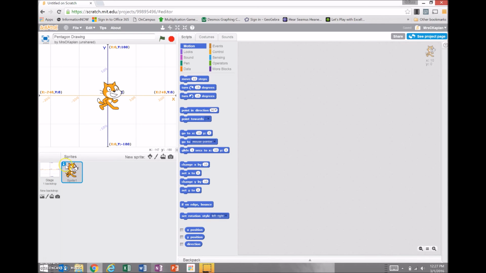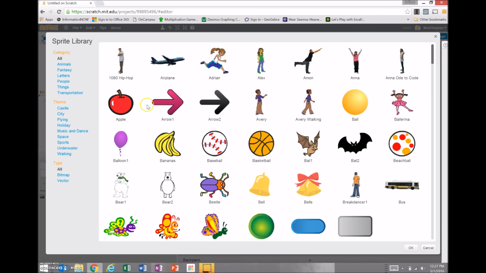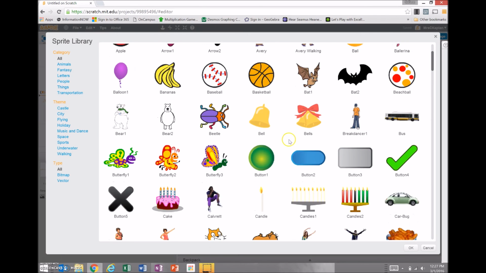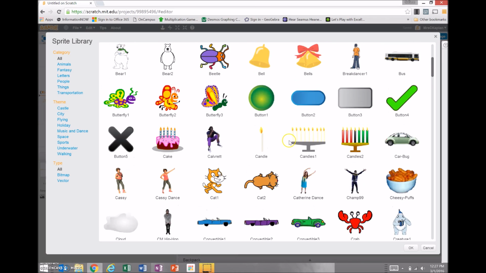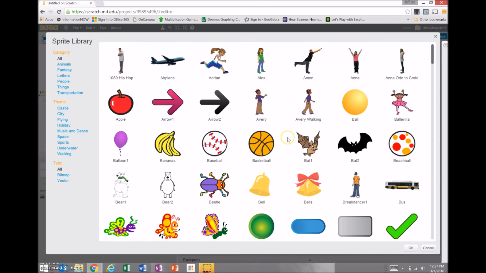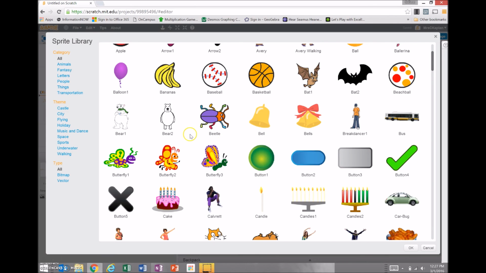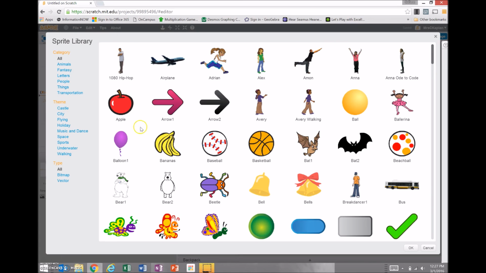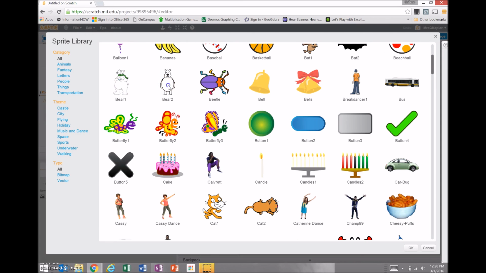We are actually going to change the sprite. If you click here, you can choose a sprite from the library. Now sprite is just what they call the little characters that are involved in our program. So we're going to click that. And we've got lots of different sprites here, all sorts of different categories of ones that we can use. Lots of different things we can do. What we are going to do is let's do this bear 2. We're going to click OK,